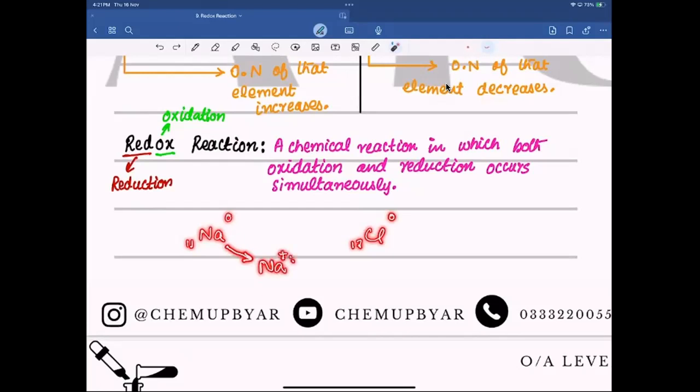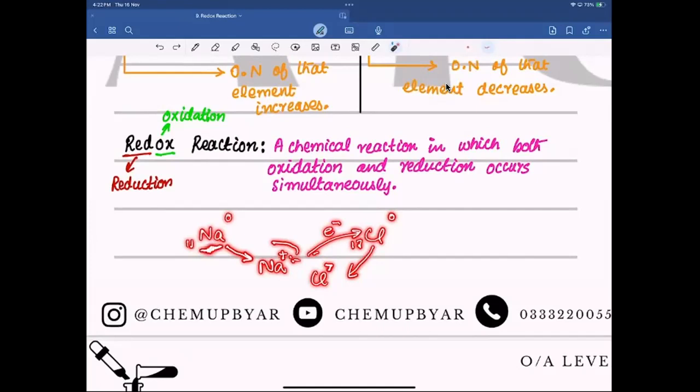And the electron which it gives away is taken by chlorine. As a result, chlorine turns into a chloride ion. So see, simultaneously both things occur. One atom loses the electron and the other atom gains the electron. What did sodium do? Sodium gave away its electron. So sodium just didn't give away its electron, but also it makes chlorine gain that electron. So sodium is helping chlorine to get reduced, to gain electron, which means to get reduced. So we can say that sodium is